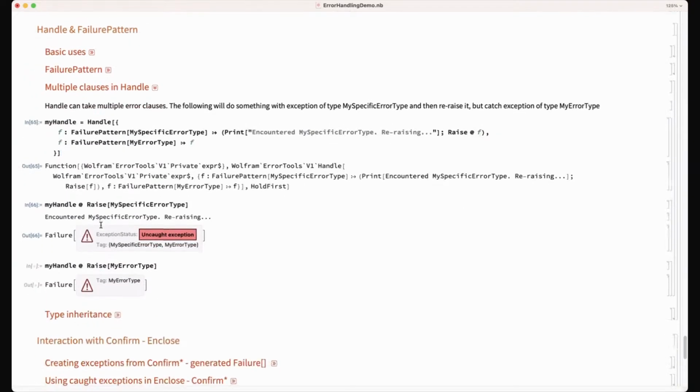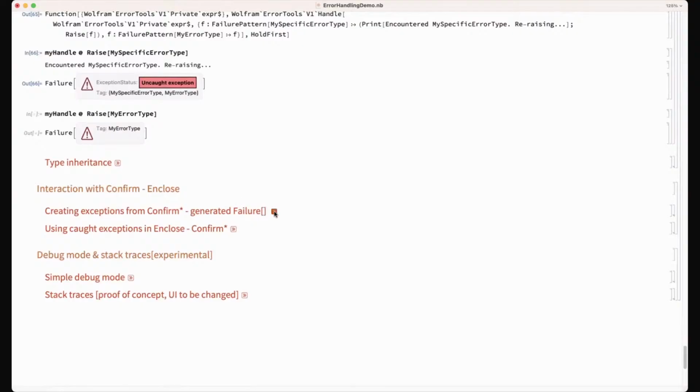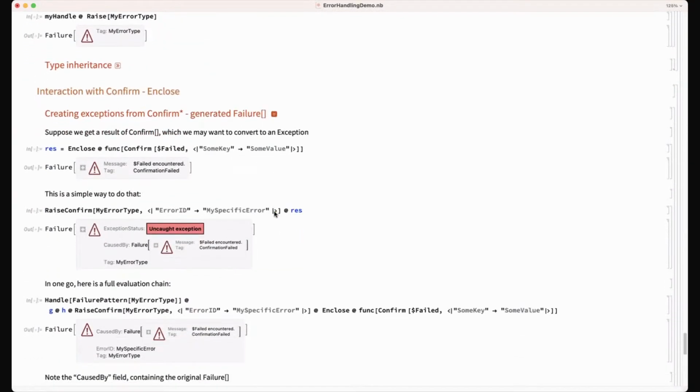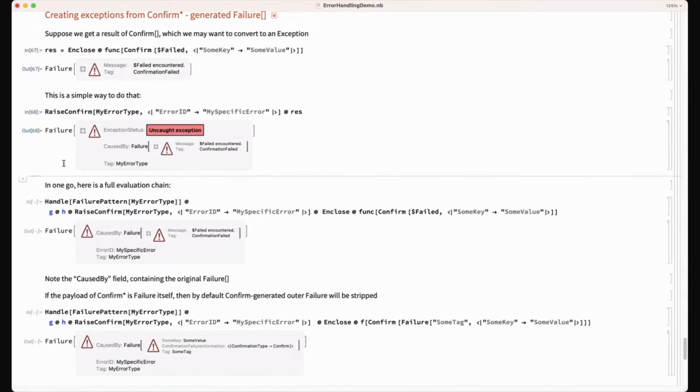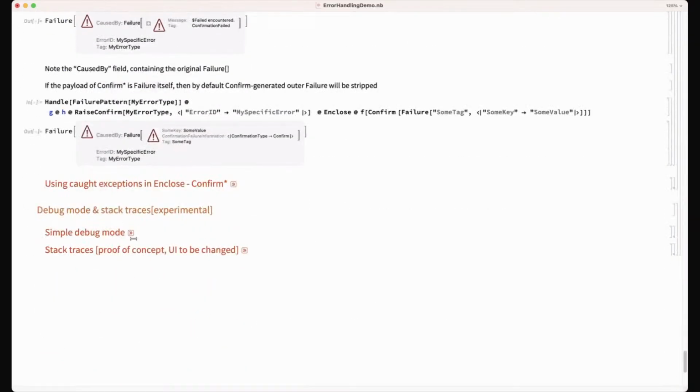Let's look at that. I have a few examples of the interaction with confirm and close, but they are of a somewhat different nature. Basically, what I'm showing here is that if you get the result of a confirm and close pair, then obviously you can raise confirm, because we also realize the need of unification, Stephen. Okay. Listen, we're running out of time here. Can we not look at this particular thing? Sure. Let me show you one last thing, and then we're done.